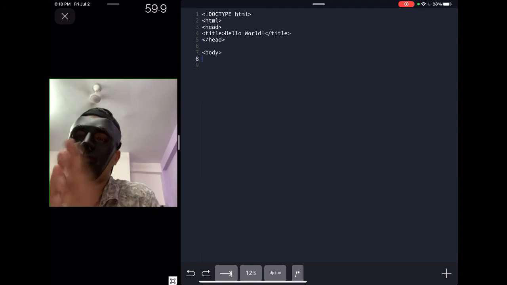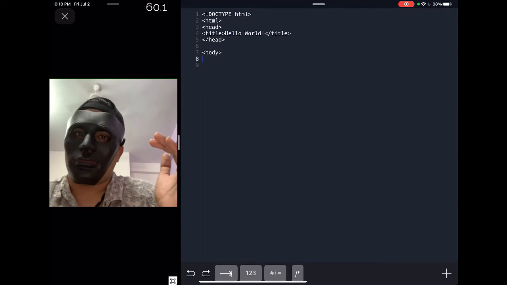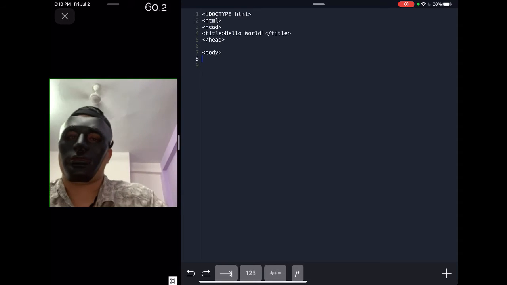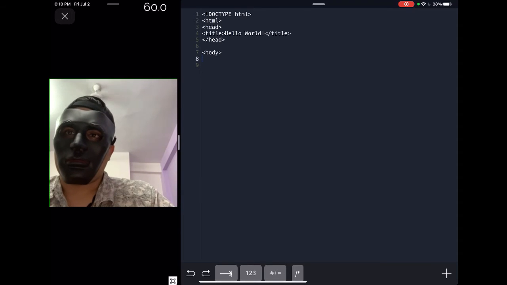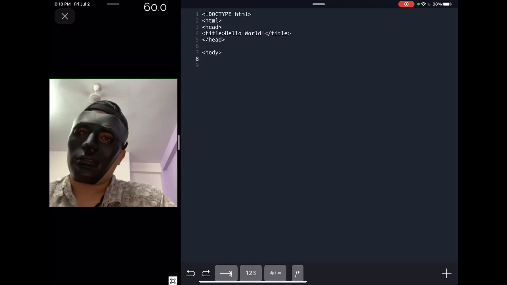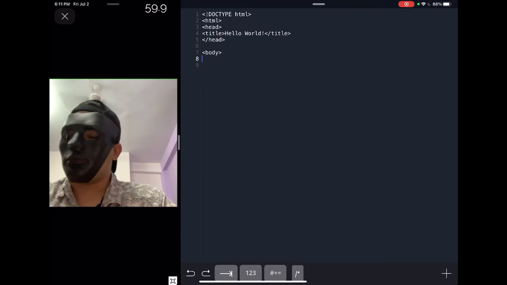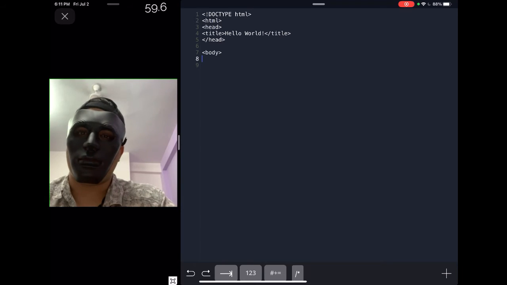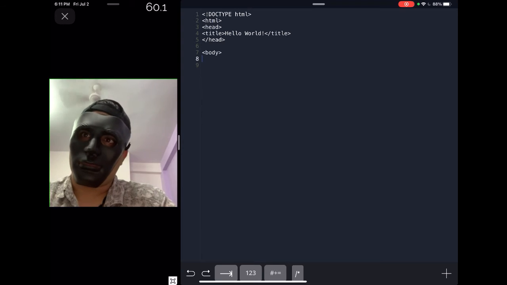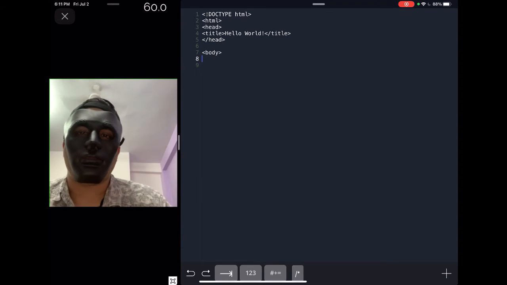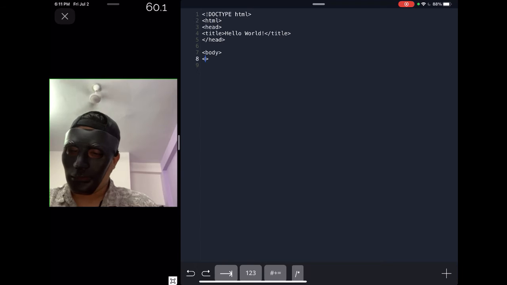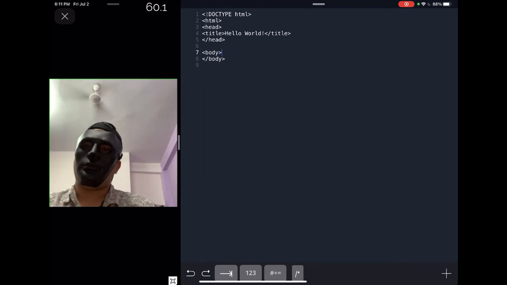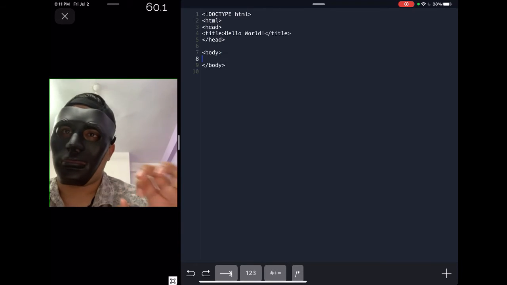So till now what we have learned is, in the start we need to begin with doctype HTML, exclamation mark doctype HTML. Then we have an HTML tag, we have a head tag. In the head tag we write all the things that need to be mentioned at the top. Like if we are incorporating any other file, that is to be mentioned there. If there's a title to it, we need to mention it, and then the next part is body. Now to make it easier, we'll close the body tag, and we'll write everything inside this body tag.